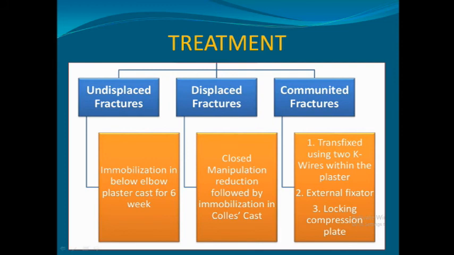And third is, if there is comminuted fracture, we have 3 options here. We have to do operative. These all 3 are operative interventions. We can either put K wires, then apply plaster. We can put external fixator if there is an open wound or compound wound. Then we can have locking or compression plates. So these three are the operative options we have if the fracture is not reducible.